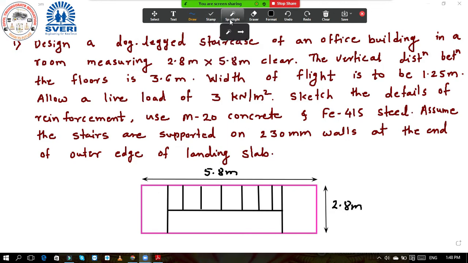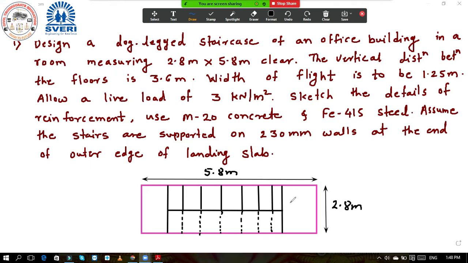See, if you go from this side, suppose this is the ground floor, then you will climb these stairs, then you will go to the mid landing, and after that you will climb another flight of stairs, and then you will reach the floor. Okay, so here the stairs which are at the second flight, those are dotted stairs. I will draw it like this so that you will understand.